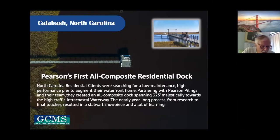One of the things that I was asked to do is pick and choose a few projects that we've done that were really all composite and detailed in some depth, at least one of them. And I've chosen a dock that we did in Calabash, North Carolina. And it was interesting working with this couple. They had a keen interest in the evolution of materials. They had a keen interest in sustainability. They clearly understood the need for investing in the future and investing in something that is better than what they are used to. So as you read through this,